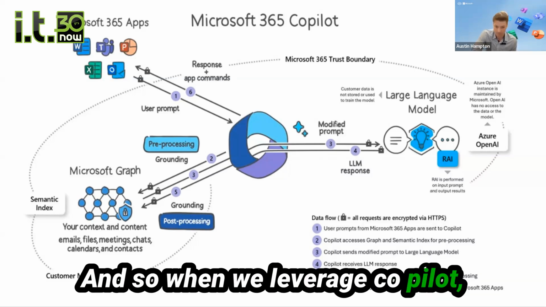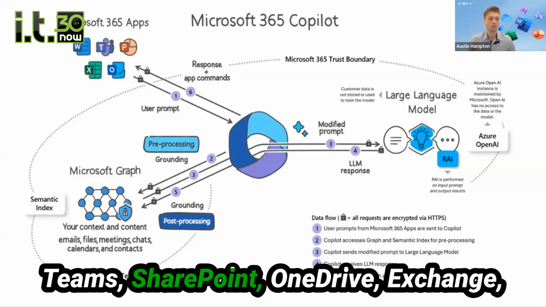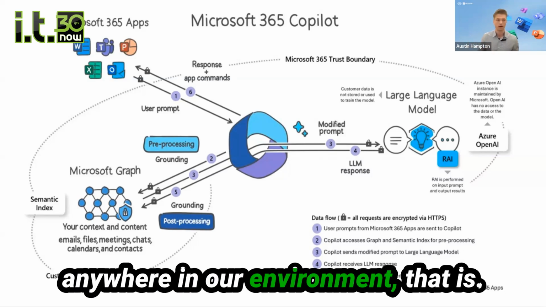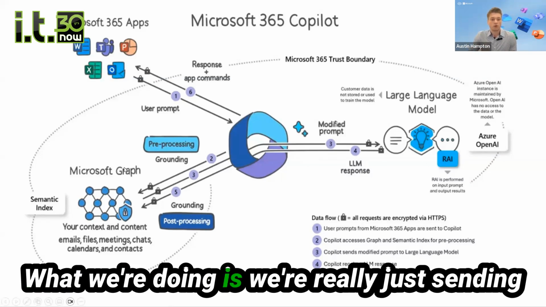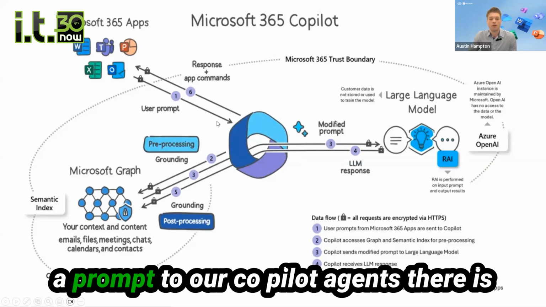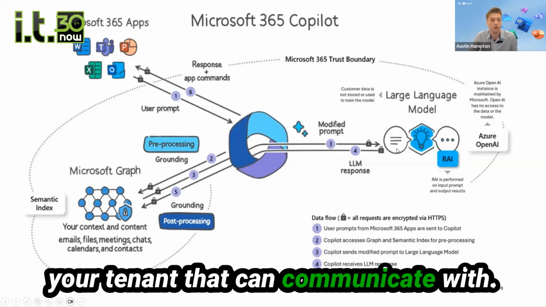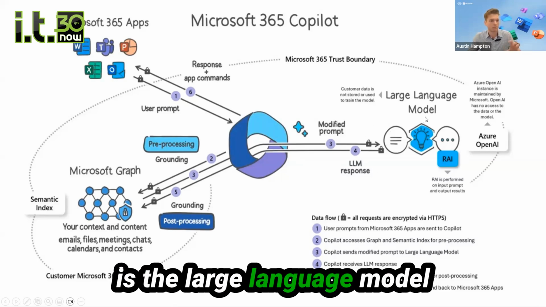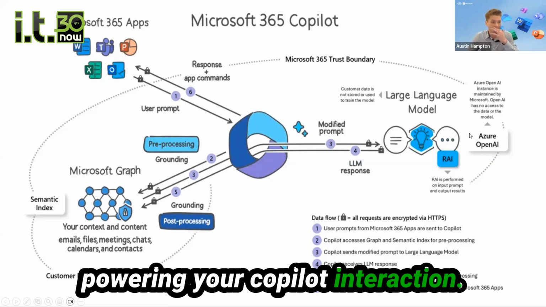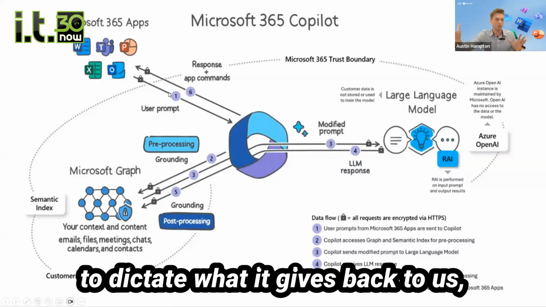And so when we leverage Copilot, especially to interact with information in Teams, SharePoint, OneDrive, Exchange, anywhere in our environment that is potentially sensitive, we're really just sending a prompt to our Copilot agent. There's a Copilot relay that you get access to in your tenant that can communicate with Microsoft's Azure OpenAI, the large language model powering your Copilot interaction. And so when we put in our prompts, i.e. those words that are going to dictate what it gives back to us,